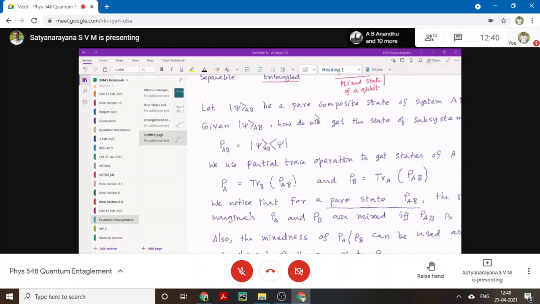That is just like what we have written here. We have half into 1001, right? That 2 is because a qubit is two-dimensional. If you have a d-dimensional system, then you have 1 by d into 1111. That 1 by dimension is required because the trace of the density matrix has to be equal to 1. Let's say you have a D by D identity matrix, the trace will be D. To make the trace equal to 1, you have to multiply by 1 by D. Okay, sir, thank you, sir.